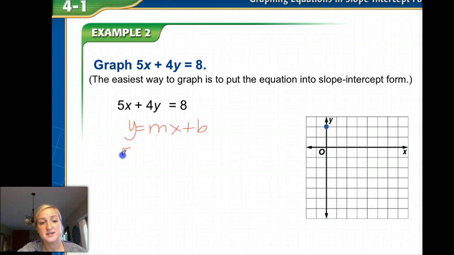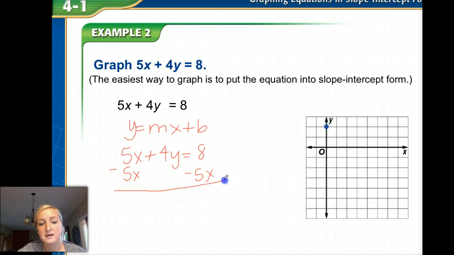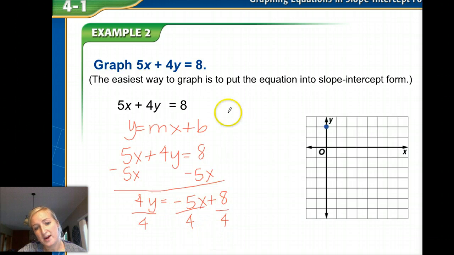So what I'm going to do is take 5x plus 4y equals 8, and I'm going to subtract the 5x from both sides. I need to move that x over. Right now I have 4y equals -5x plus 8. Well, we have our y equals mx plus b, but it's 4y. So my last step is going to be to divide everything by 4. And so my final equation is y equals